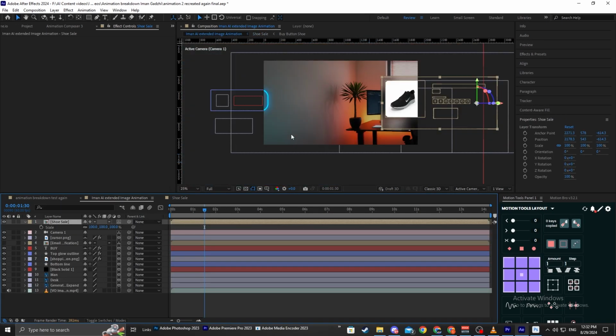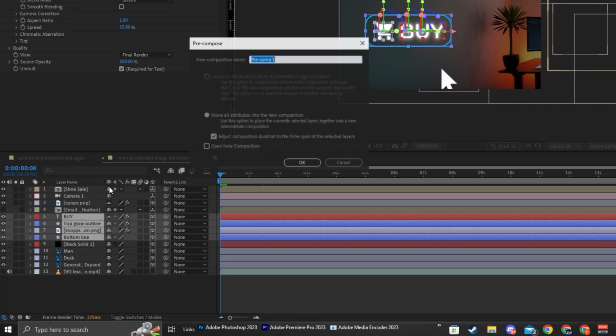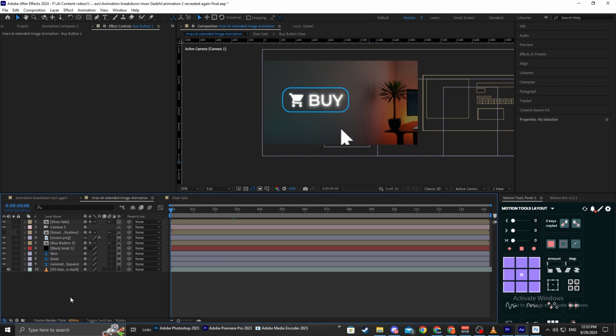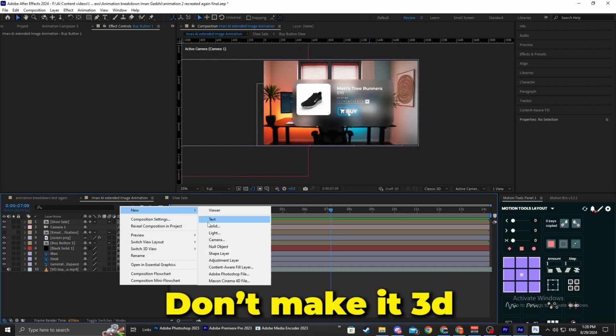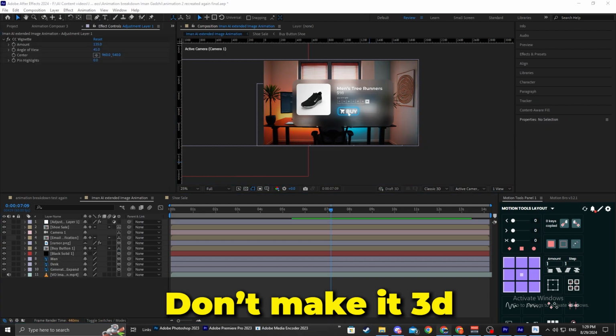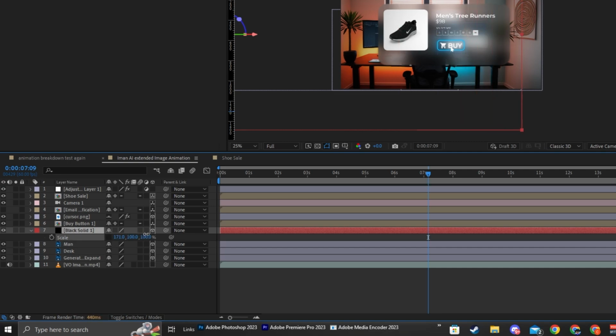Next, I want you to go back to the first buy button that we created and pre-compose everything excluding the cursor, and make sure it's above the layer so it's actually over the elements. I also recommend creating an adjustment layer and placing CC Vignette to darken everything just a little bit. Also, open up the scale for the black solid we created, unlink it, and increase the length to cover the